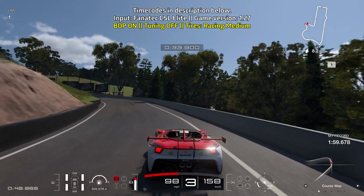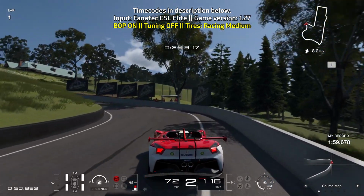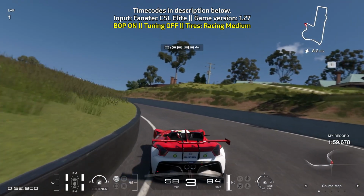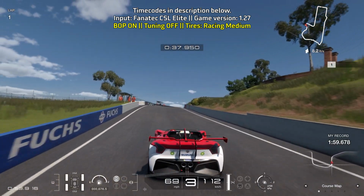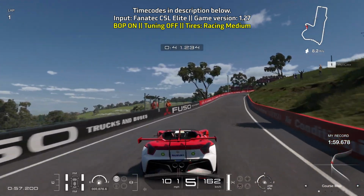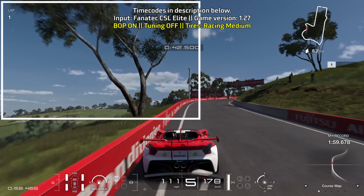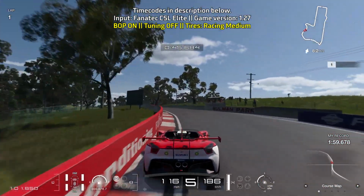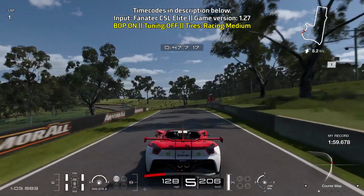Going on the brakes as soon as you can, going down to first gear to force the car to rotate, but make your way up to third gear as you carefully get on the throttle, and you can do a little short shifting to make sure that the car doesn't step out over here. Then turn in when you pass the happy little tree that is on the left and do a quick lift off our throttle. That way the car turns in a bit more, and the same goes for these next two